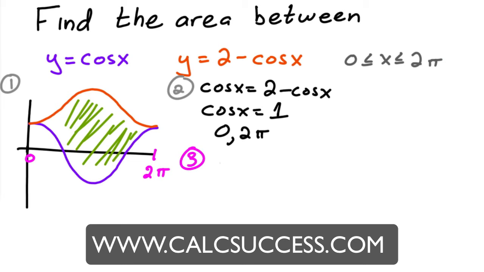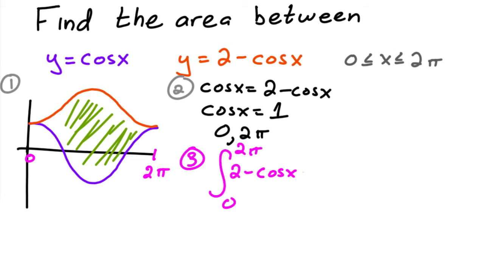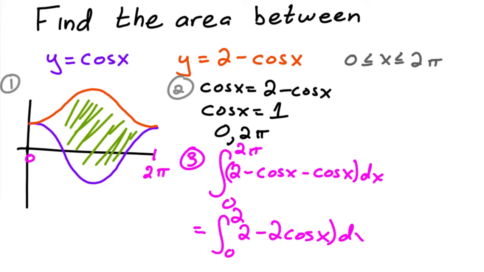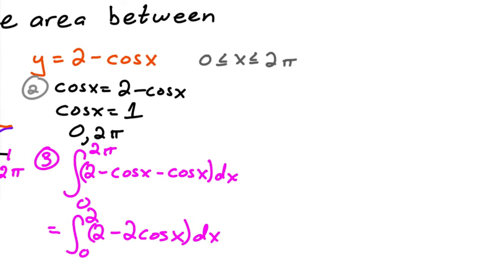Okay, so then we set up our integral from 0 to 2 pi, and then we have top minus bottom, so it's going to be 2 minus cosine of x, and then minus another cosine of x dx. Okay, so this is the integral from 0 to 2 pi of 2 minus 2 cosine of x dx. Okay, so find the antiderivative. We get 2x minus 2 sine of x evaluated from 0 to 2 pi,